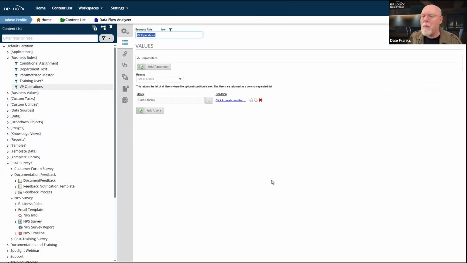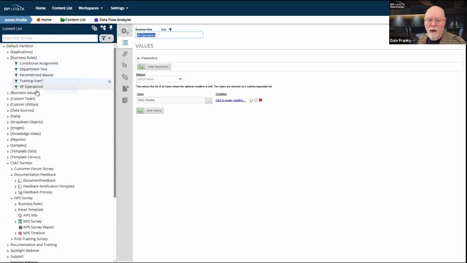Primarily, the best way, and certainly the easiest way to manage task assignment overall, is to assign via group. Failing that, the fallback is to assign via business rule.